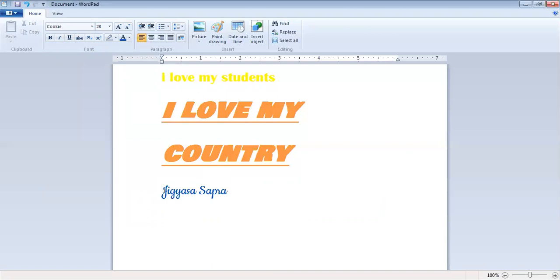Now we'll repeat it. If I want my text in bold, italic letters, and underline, what I will do is select the text. I will click on bold. I will click on italic. I will click on underline. Can you see the change? Yes. The change is that my text is in bold letters, my text has the underline, and my text has italic writing. I hope this much part is clear to everyone.